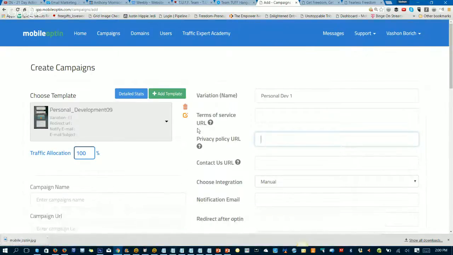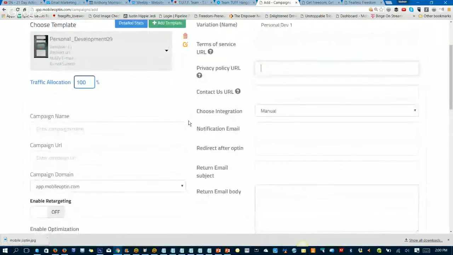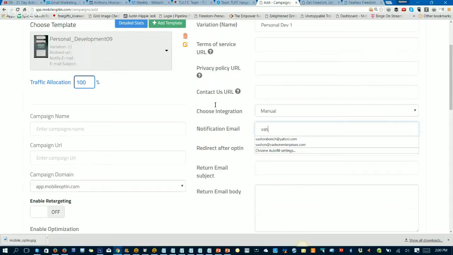Cool. All right. So then the contact, we already talked about that. Notification email: here's where you plug in the email address. If you're doing it manual, you plug in the email address that you want those to go to, like for me, probably my main one, VashawnBorich@yahoo.com. And then redirect after opt-in.